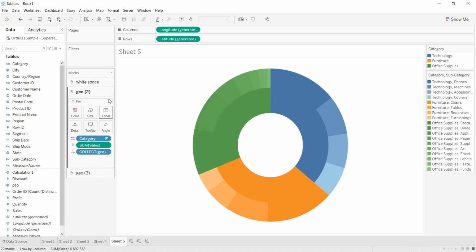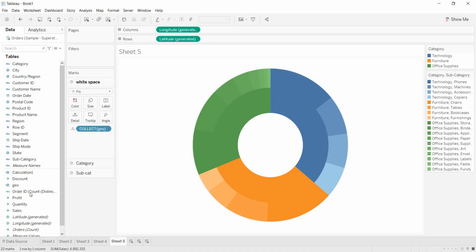And the second one I'm naming as category, and here I'm adding this as subcat. Okay, now I'm going to the marks card of white space. Here just drop category into label.